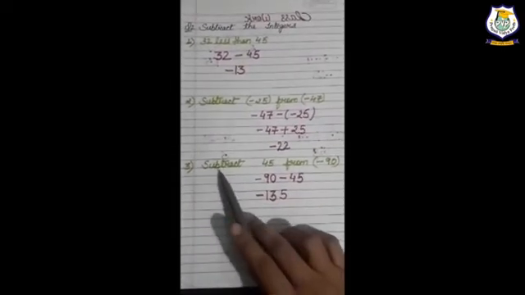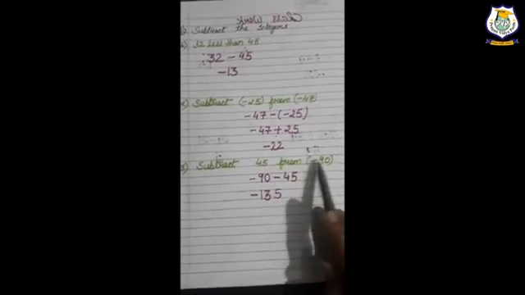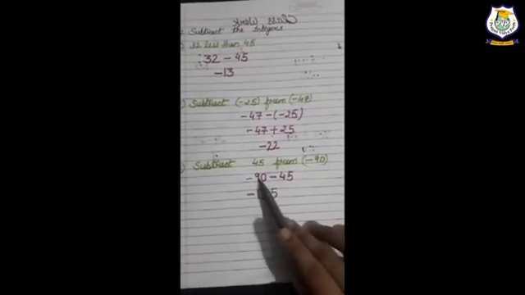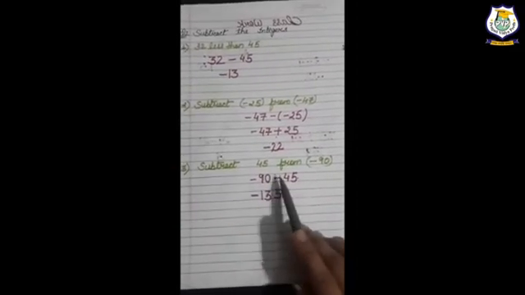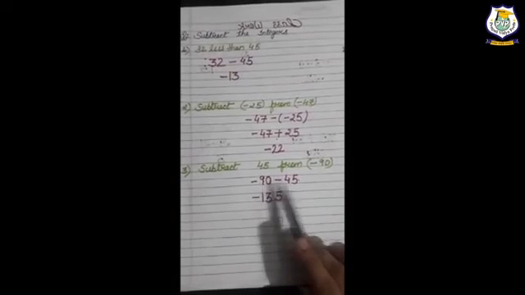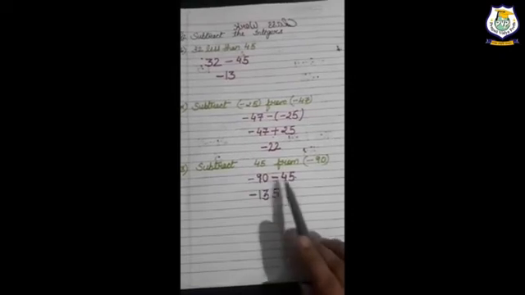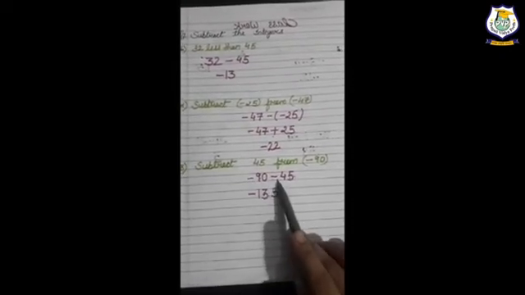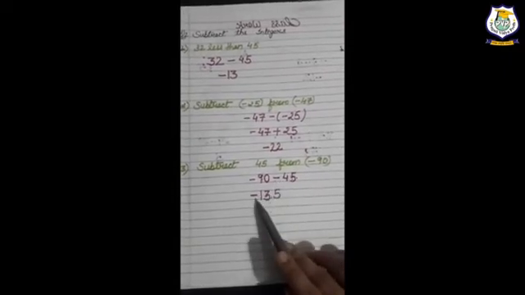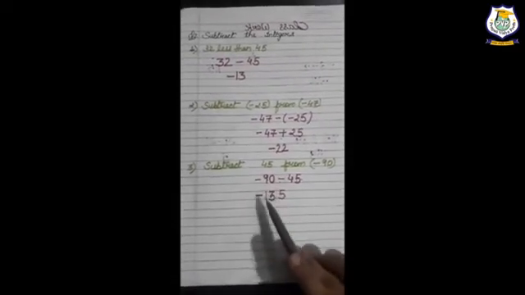Now we will come to our third, subtract 45 from minus 90. Same question, "from" is written, so we will write minus 90 on the first place and then 45 on the second place, and that minus sign is of the subtraction. Right, minus 90 and minus 45, minus minus is plus, so 90 plus 45 is 135. Now both contain the minus sign, so what sign will come here? Minus sign, because both contain the minus sign. So here our answer is minus 135.